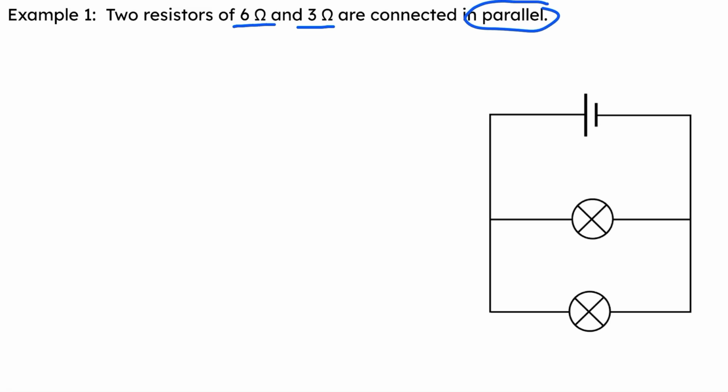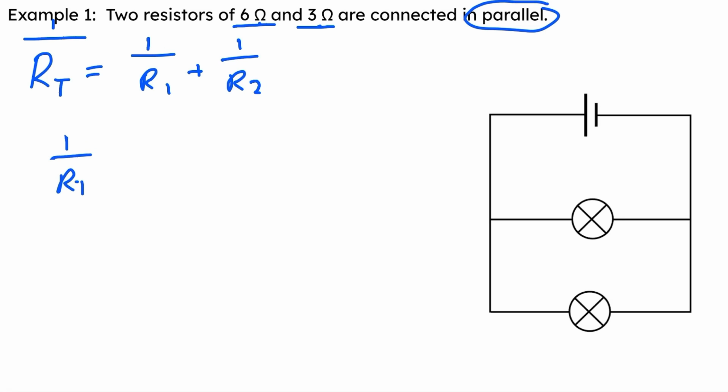Calculate the total. So 1 over our total resistance is equal to 1 over resistance 1 plus 1 over resistance 2. We can substitute our values into this equation. So 1 over our total resistance is equal to 1 over 6 ohms plus 1 over 3 ohms, which is